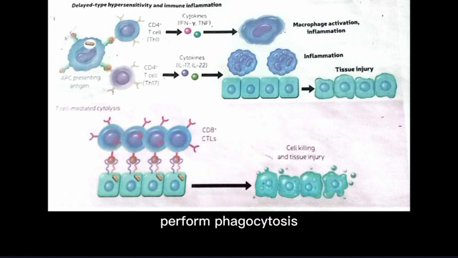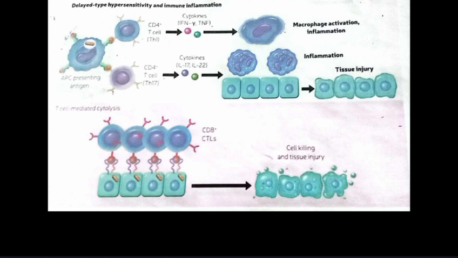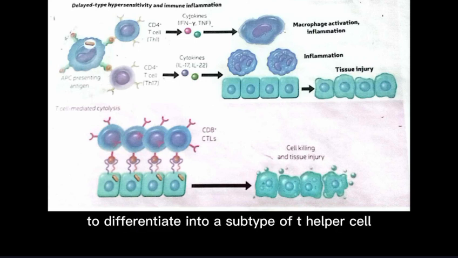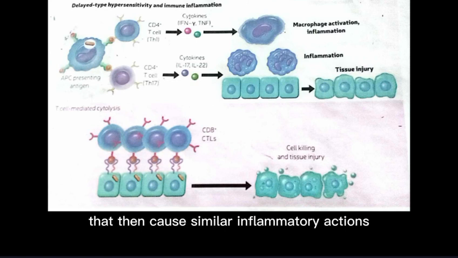Activated macrophages perform phagocytosis and release reactive oxygen species and toxic lysosomal enzymes that cause the tissue damage that manifests itself after exposure to poison ivy. The APC may also release IL-6 and other cytokines that cause the naive T helper cell to differentiate into a subtype of T helper cell known as Th17. Th17 cells then release IL-17 that activates neutrophils that then cause similar inflammatory actions as were caused by the